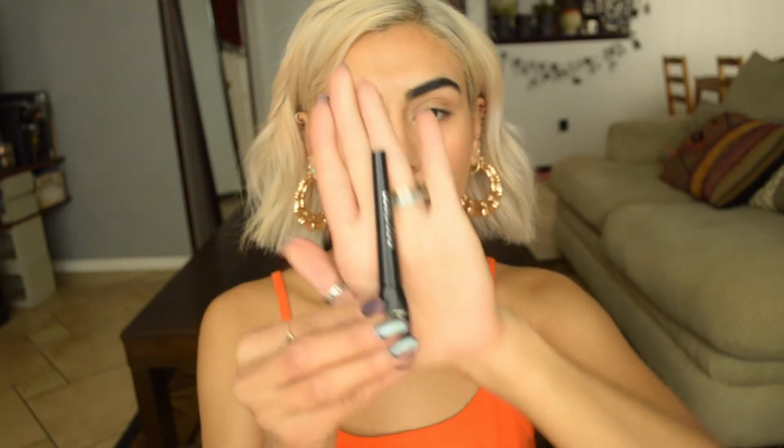So I am using the matte eye ink from Napoleon Perdis. I'm not sure if I already said this, but you can find all these products online. It's an Australian brand where I went to school. I think I already said that. Anyway, so